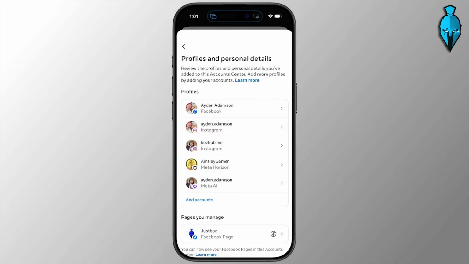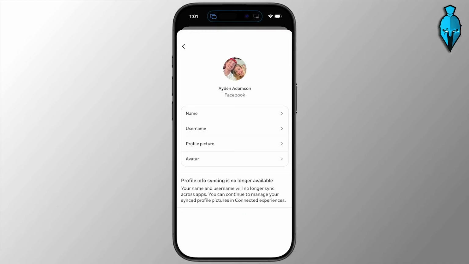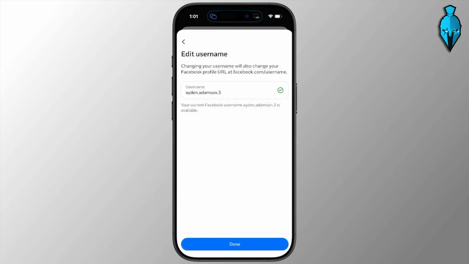It's then going to take you to a page that looks something like this. Choose your Facebook profile and then you're going to see name, username, profile picture, and avatar. Essentially, go ahead and select username, and this is where you change your username right here. So go through, customize this. It'll obviously pop up with a green check mark if it's available or a red X mark if it's not available. But of course, once ever you have it set to whatever you want, go ahead and hit done